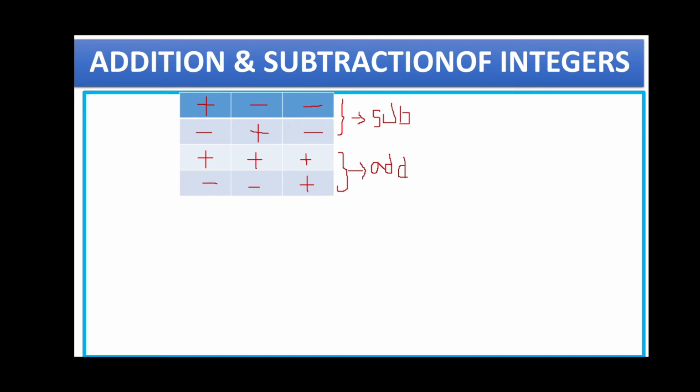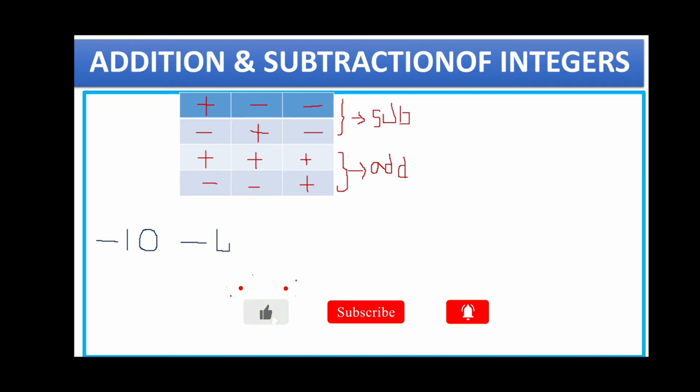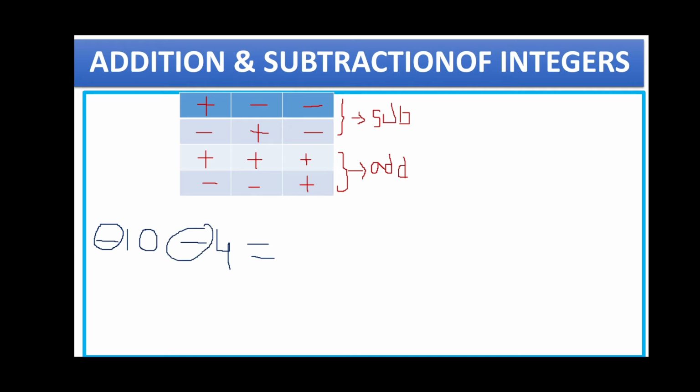Now let us see one more example. If you take 10, here I am taking minus 10. So I have already assigned a sign for the value, that is minus 10, minus 4. Now what we have to do, let us see what will be the result of minus 10 and minus 4. Always remember, check the signs of the numbers. If you check, both signs are the same for the integers. So minus and minus. If both signs are the same, what do we have to do? We have to do addition.